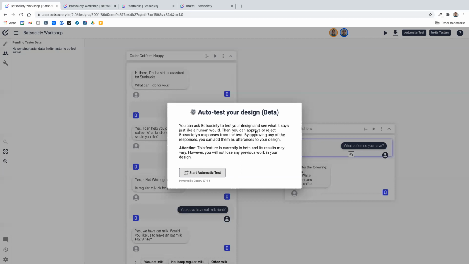And you see here it says, you can ask Botsociety to test your design and see what it says, just like a human would. And then you can approve or reject, which I showed you. This feature is currently in beta and its results may vary. However, you will not lose any previous work in your design. So we add that note because you shouldn't be scared of this feature. It's very cool and you should try it out at least once to see the very powerful language model by